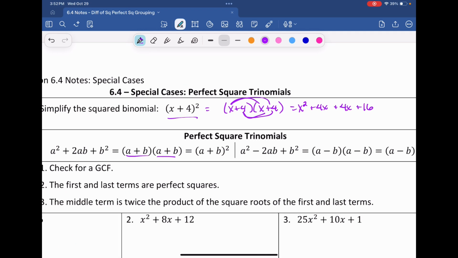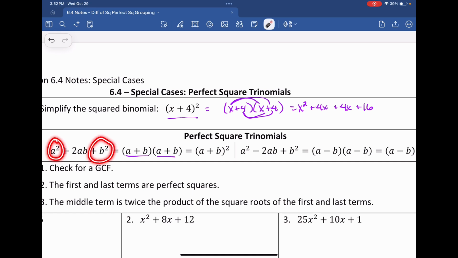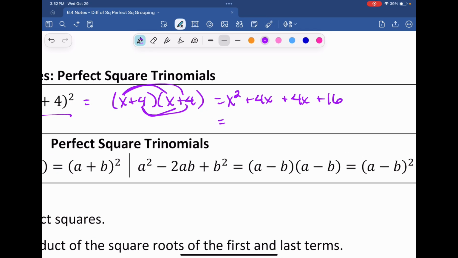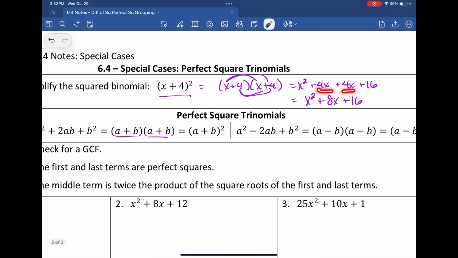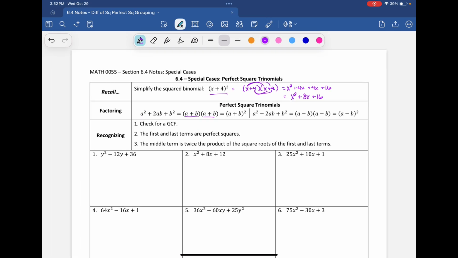Okay, now look here. A squared, b squared. A squared, b squared. And then we combine our like terms. And we end up with double, because I have 2 of them, a times b. Again, I'm so not concerned about this. I'm only going to do a few of these